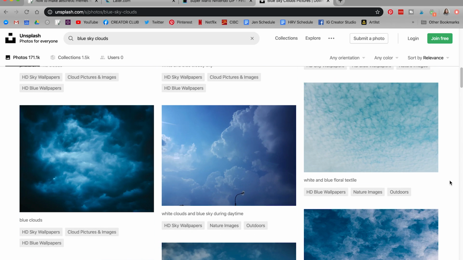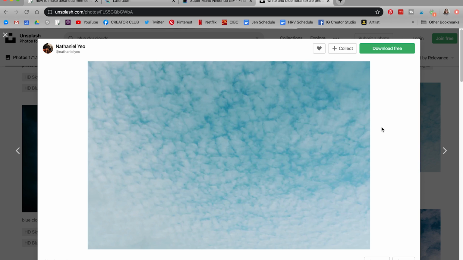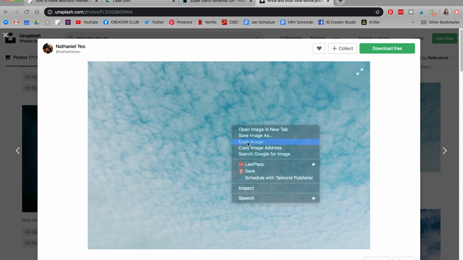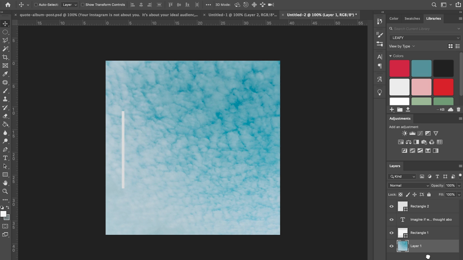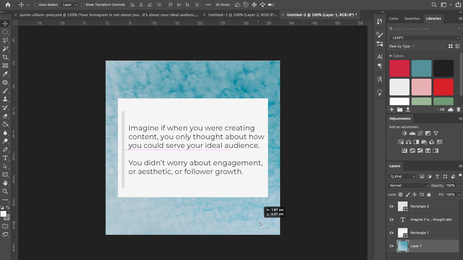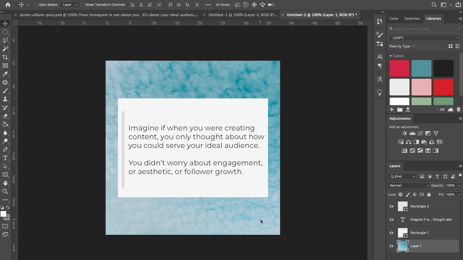I love using unsplash.com or pexels.com. I'll link those both in the description. They're full of really beautiful stock imagery that you can use for free. So I'm going to go ahead and find one that has a cool textured background that I feel like suits